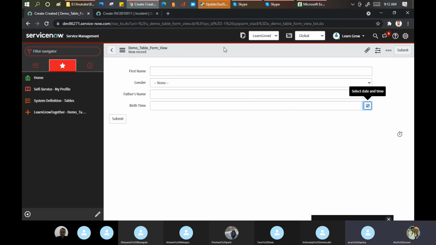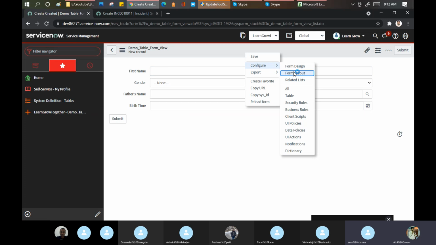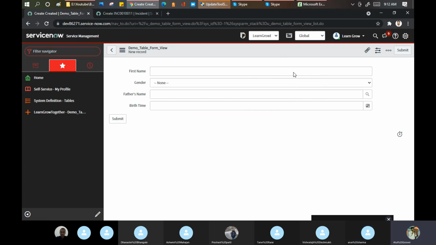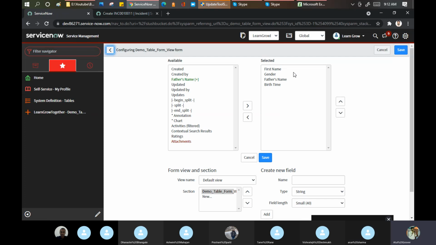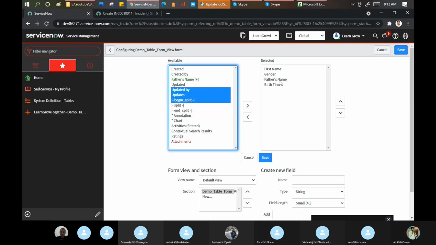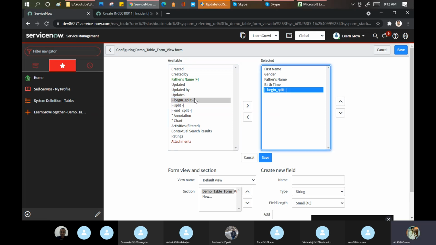Arun happy? Date and time is available. Okay, but still my requirement is not fulfilled. Atul, I am not liking this here. What is this? It's big. Let's do something more here. So can we divide or separate? Yes. Go to the form layout. Remember, ServiceNow is a user experience tool. Put the split here. I'm not sure what this split will do.